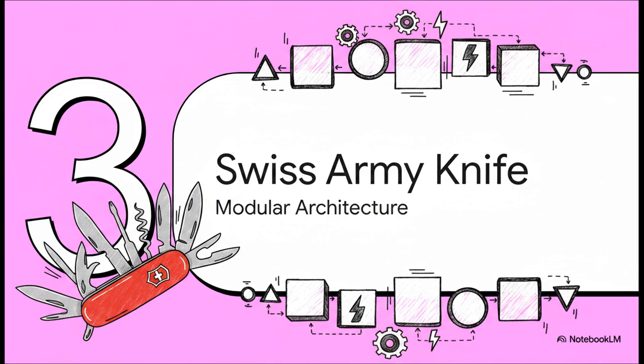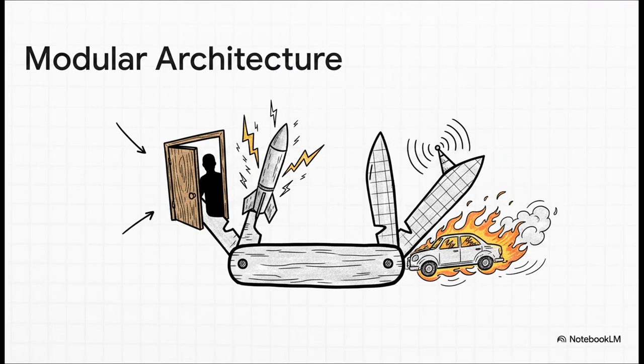Section 3. A digital Swiss Army knife. And this brilliantly illustrates how it actually works. Because it could do so many things and speak so many languages, Industroyer basically functioned as a digital Swiss Army knife. It was built with this highly specialized modular architecture, meaning it's made up of different interchangeable tools built for very specific jobs. Let's break down the 4 main tools in this kit.